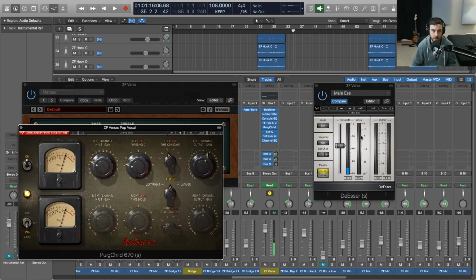You can hear the de-esser going to work, and it's doing just enough attenuation where it's taking the harshness out of the S's, but we can still hear the S's and it doesn't sound like he has a lisp or anything like that. So if I turn that back: